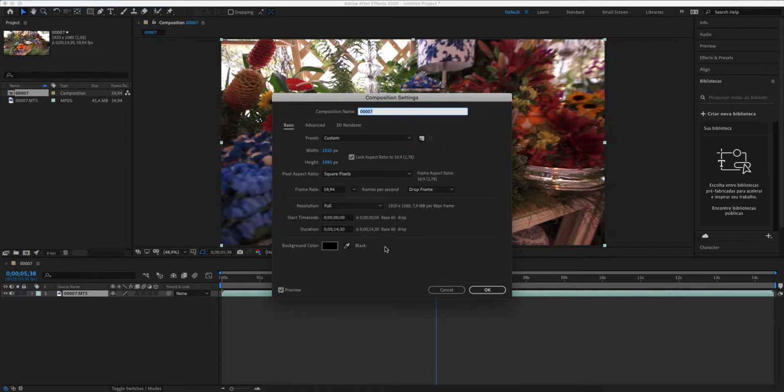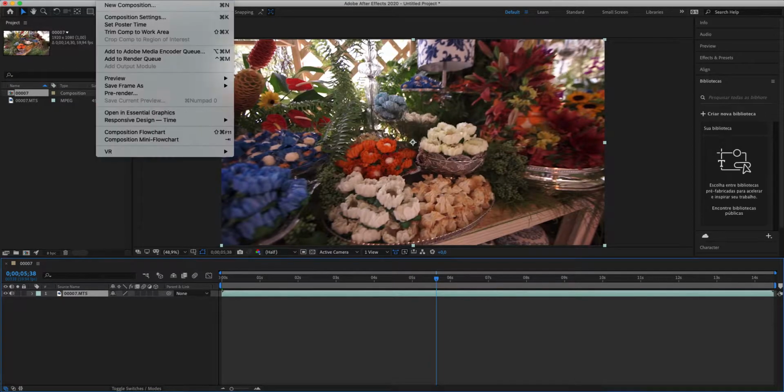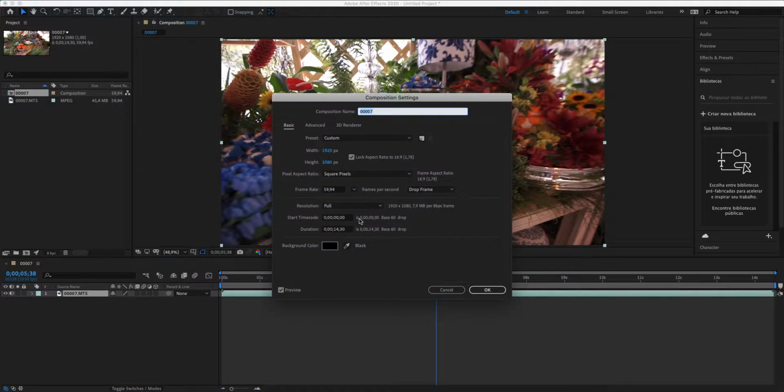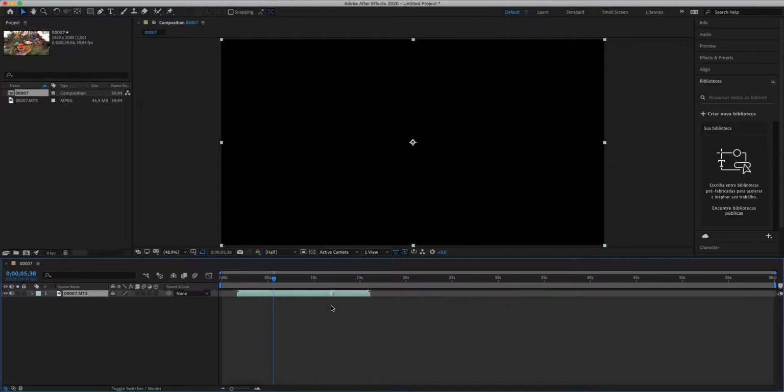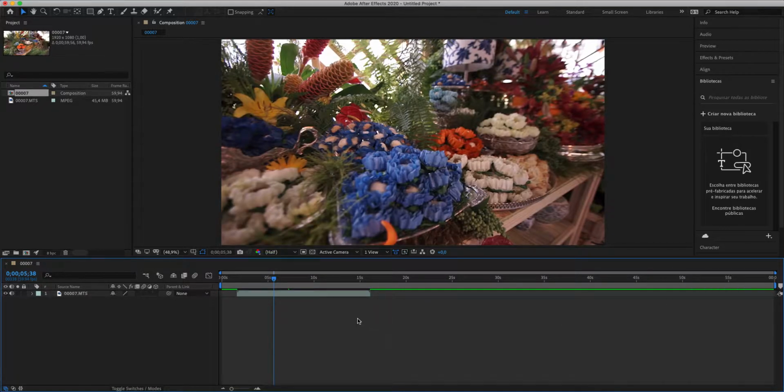So if you want to change this, you can open composition settings, and if you want to do a one minute clip, you can change it here. It's very easy. See, now the composition has 1 minute. That's it. Those are the ways